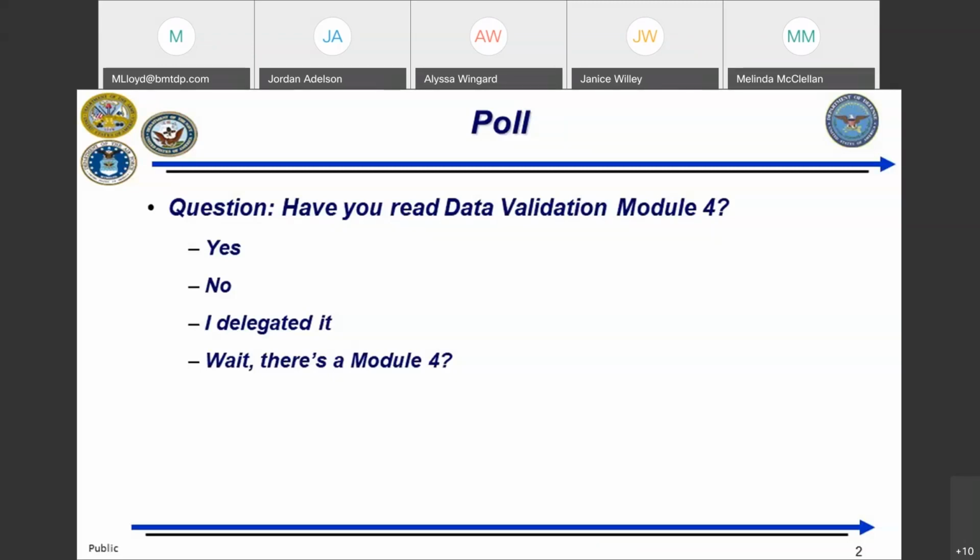And it looks like of the people that answered, the majority of people said no, but at least they didn't say that they didn't know about it. And about half those actually have read it. So that's good to know that at least most people are aware, and it looks like a lot of people have already read it.